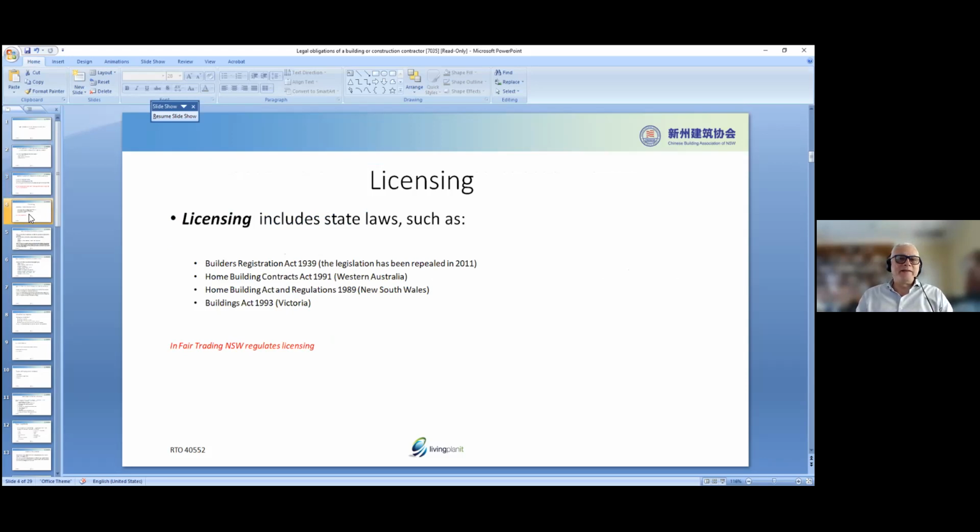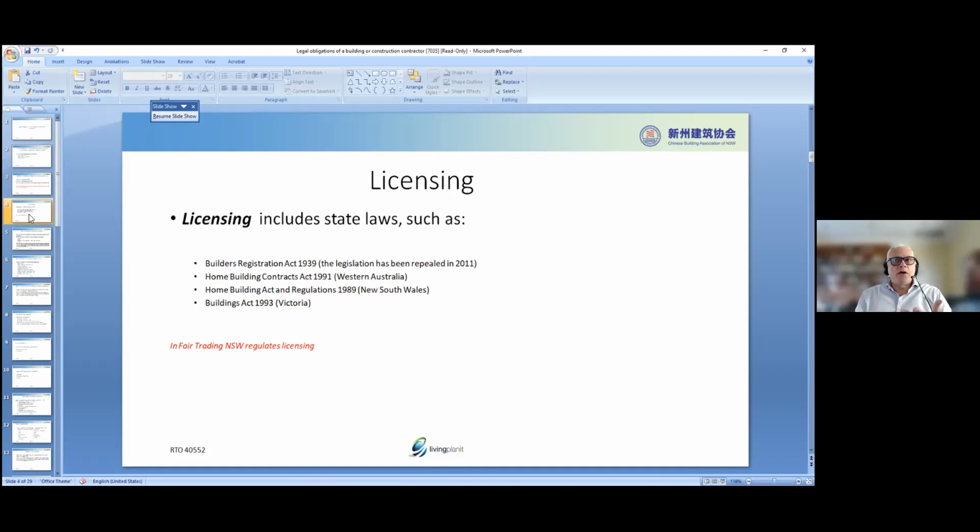It's like you have a different driver's license. If you get it in New South Wales, Victoria, or Queensland, it's different, but it doesn't stop you from driving in those states. However, a builder's license, again, each state has its own way of achieving it. You cannot use my New South Wales builder's license in Victoria. I need to get a Victorian license, or a Queensland license, or a South Australian license.